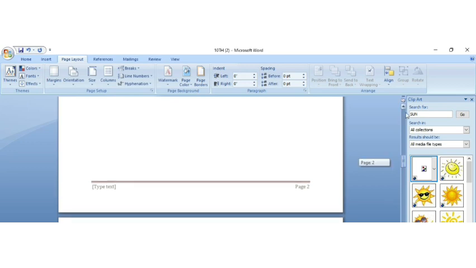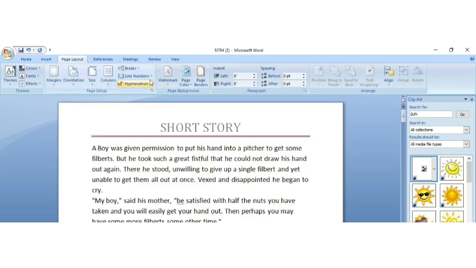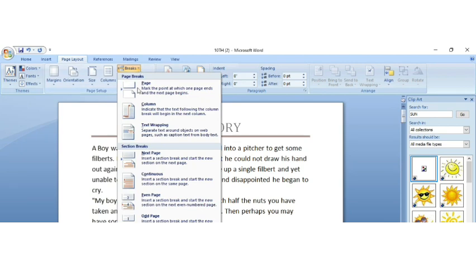Now same in odd page also. When we click on the odd page, we will get all the odd pages in our document. Odd page means 1, 3, 5, 7, 9. These all are odd pages. If you want to make any change in your even or odd pages, you can directly click here.